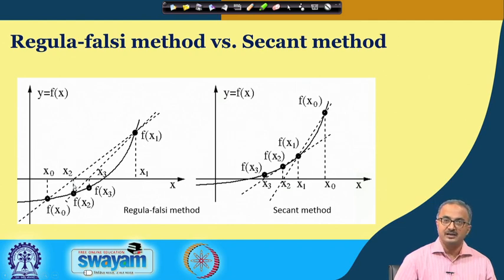Now again we take the product of fx2 with fx0 and fx2 with fx1. Now you can see here that fx2 into fx0 will give you positive, but fx2 into fx1 gives you negative. So we should replace x0 with x2 and again find the next root as x3. Now again you can see here that fx3 into fx2 is giving you positive, whereas fx3 into fx1 is giving negative. So again the next root should be with this x3 and x1. Okay, so this is the way we are able to approach the solution.